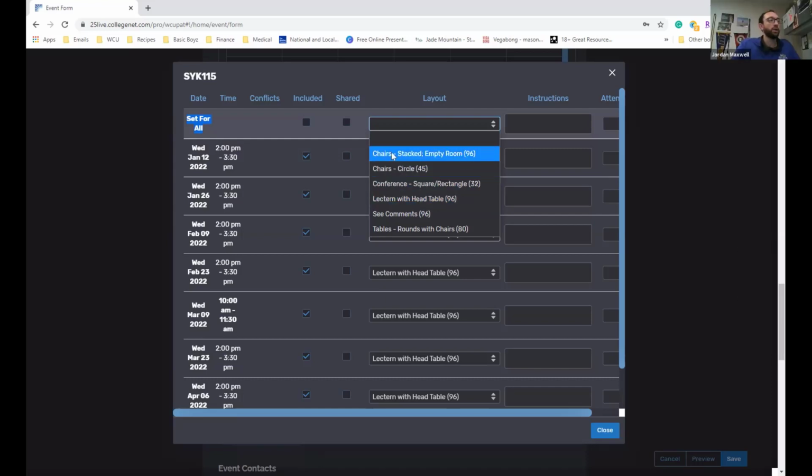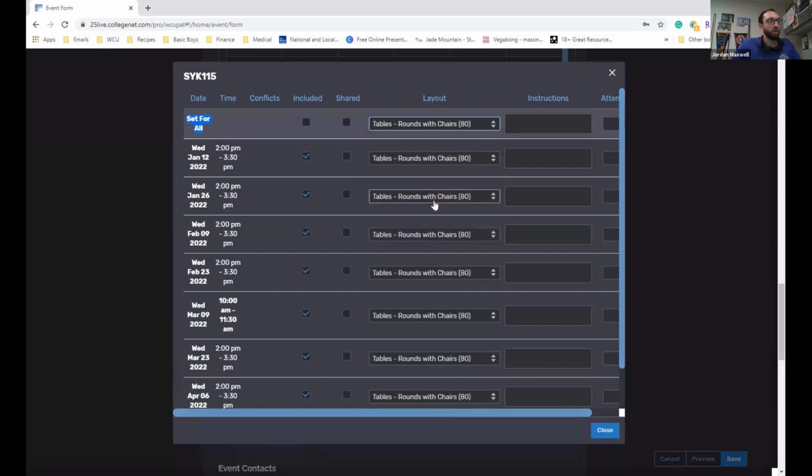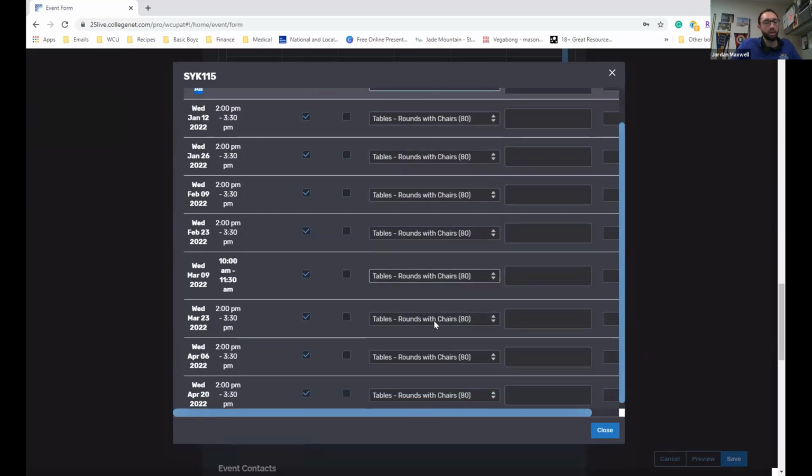So we can change the layout of all of the dates. Let's say we want round tables with chairs. We would go down to this tables, rounds with chairs. This basically means the circular tables, and we could fit 8 seats per round table. So we could select that and you can see it'll change the layout for all of the dates in our